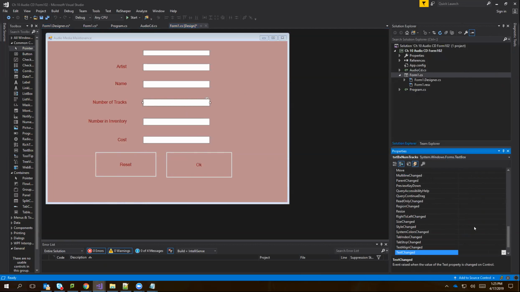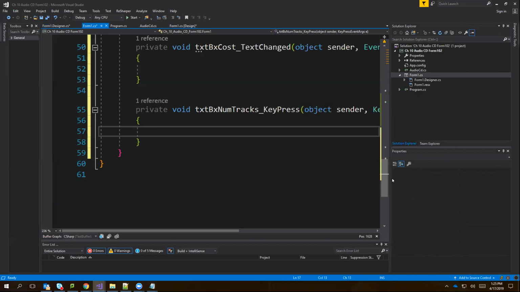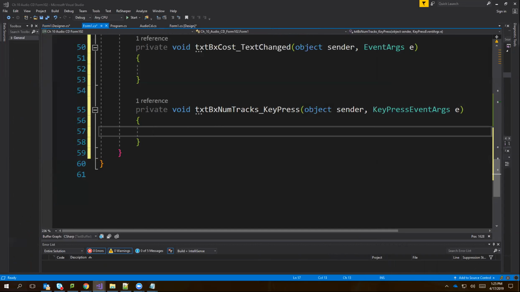Find the key press event, and then double click in the key press event, and it will create that event for you. And then we're ready to copy in that if statement from Alex,